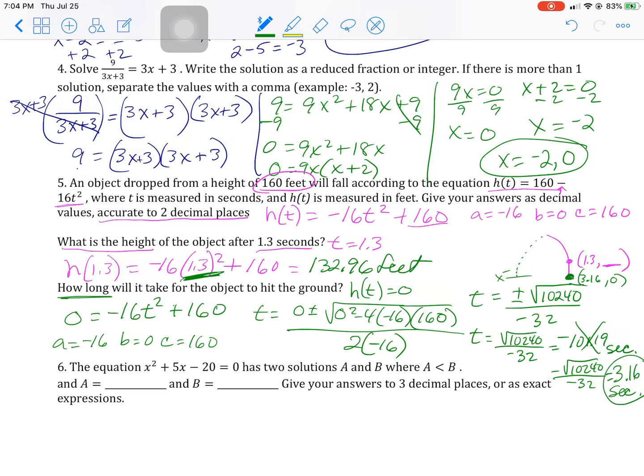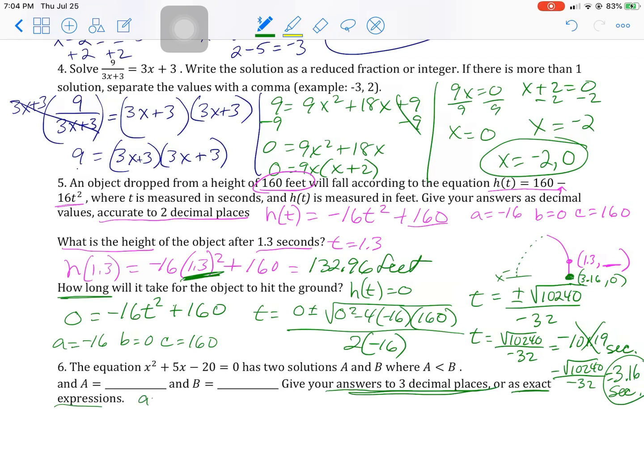I spend about 5 seconds looking at it to see if it's going to factor, and some people, maybe better at factoring than I am, but if it doesn't come instantly to me, I always go to the quadratic formula because it'll always work. My clue right here that it's not going to factor is the fact that it says 3 decimal places or exact radical. Okay, so that means it's not going to factor. So I just go right to the